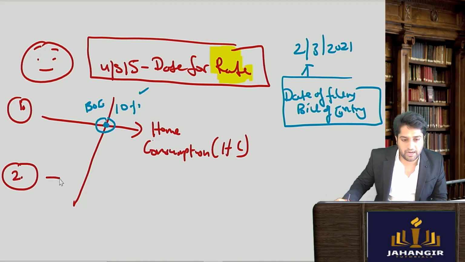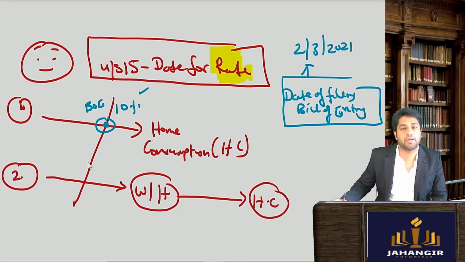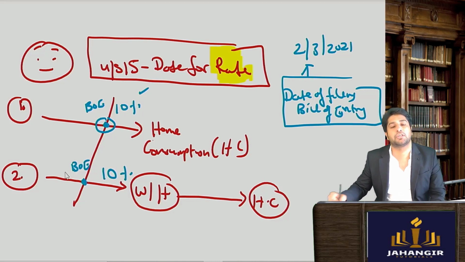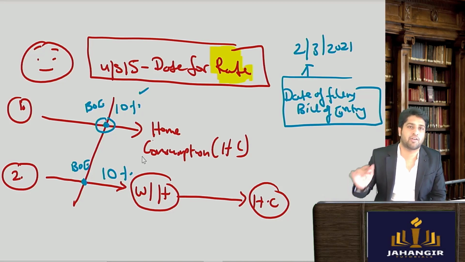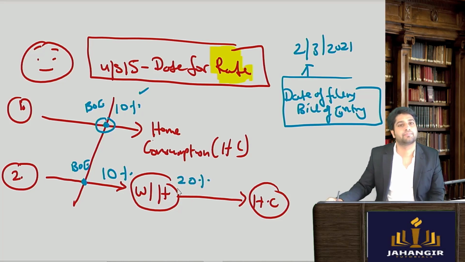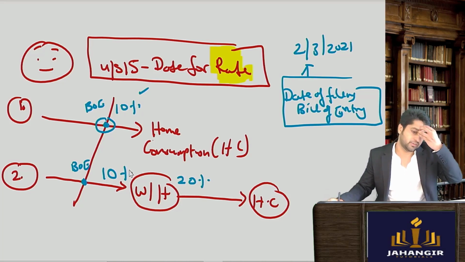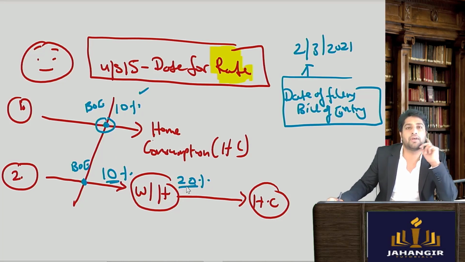What is happening? I have imported the goods, deposited them into a warehouse, and subsequently removed them for home consumption. I might have filed the bill of entry here, where the rate was 10% when I deposited in the warehouse. When I remove it from the warehouse, maybe after 6 months, during that time the rate changed and became 20%. So which rate will I take into consideration? The date of bill of entry or the date of removal from the warehouse?